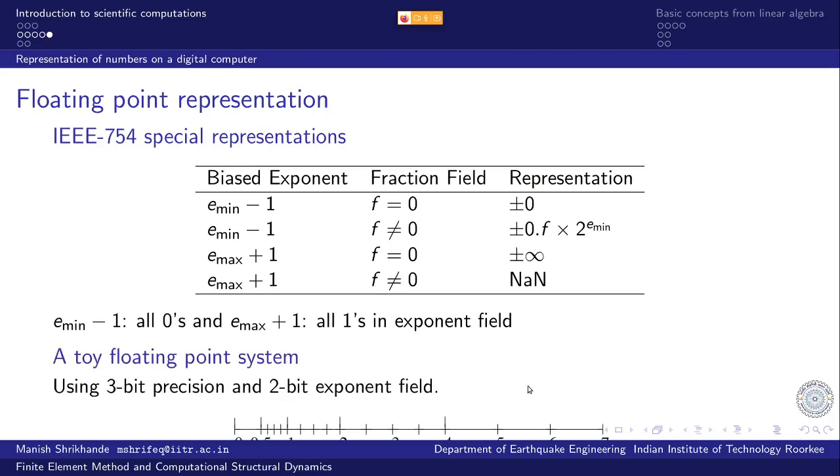So we looked at this toy exponent floating point system and see that the spacing between two consecutive numbers increases as the magnitude of the number increases, and that is why you have a larger chance of incurring round off error when you are operating with large magnitude numbers. And I'll come back to this a little later.